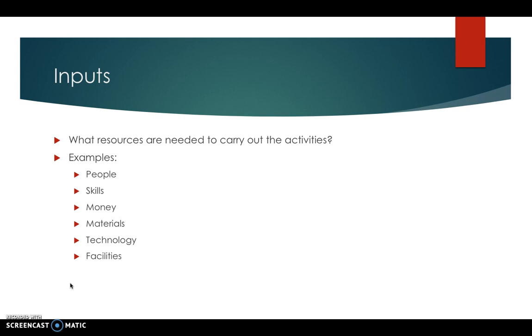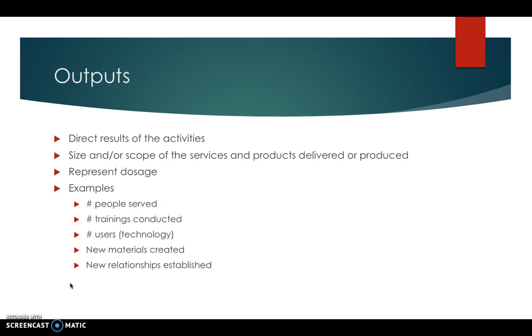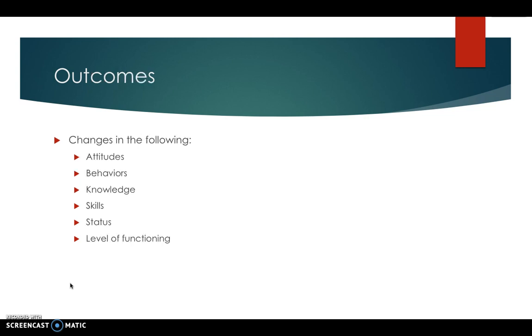As we talked about last week, inputs are the people, materials, technology, and other resources needed to carry out the program. Activities are the actions of the planned program. They are the things we will do to bring about the desired changes. Outputs are the direct result of those actions. Outcomes,